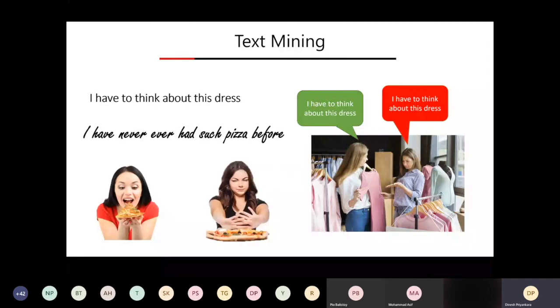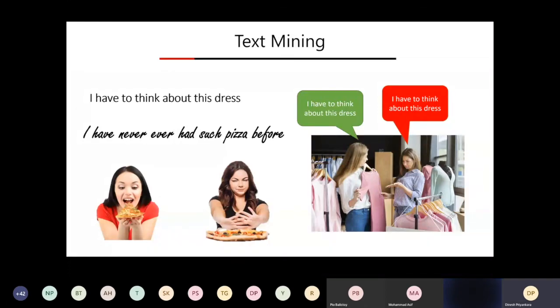So this is where we get stuck with text mining: you might get a text which cannot be easily determined as positive or negative. But if you train the machine to understand these statements, analyze them and find the sentiment value, then of course you'll be able to get a value saying that it is positive or negative up to some extent. It is not going to be 100% accurate in every instance, but you'll be able to handle it.